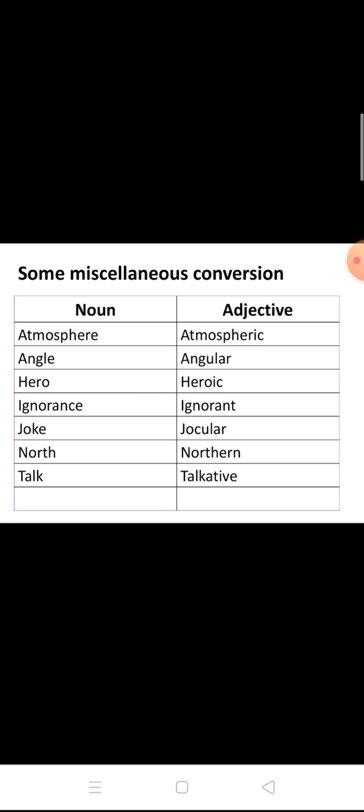With this, we complete our chapter formation of words of grammar. You all have to go through this chapter or this conversion that is present in your grammar book from page number 72, 73, 74, 75 and 76, 77. These are the page numbers of your grammar book on which you can find these conversions, and you can try to do the activity also. With this, I complete this chapter and this